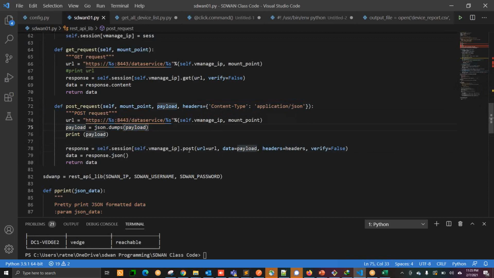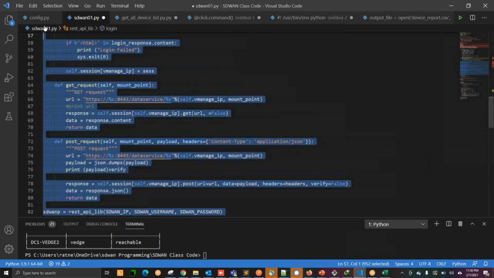Okay, then you can see the post method function on the top. It has the payload, it has the header, and when you call this, like the get function, you have the URL, verify false, but you have to add two more items there. One is the payload, one is the header, and then it will work. Correct? So you can see there is a small SD-WAN library like this.